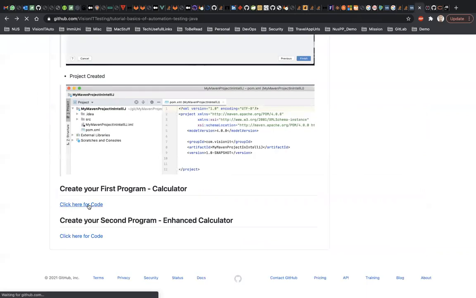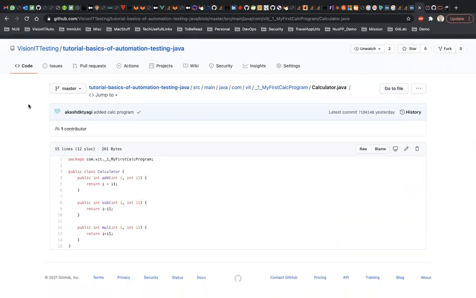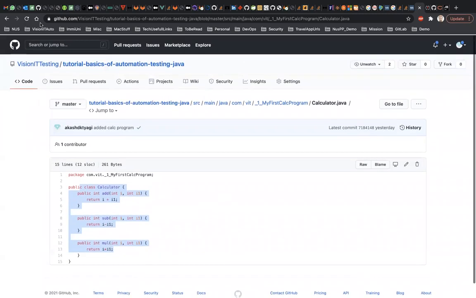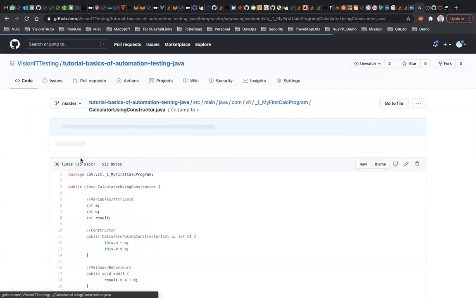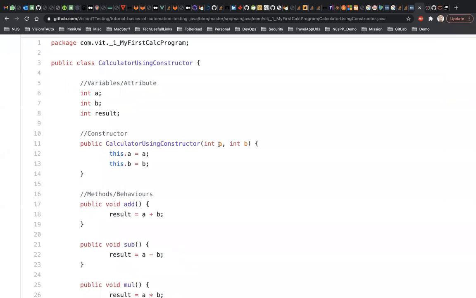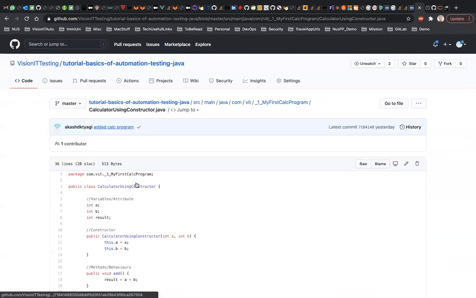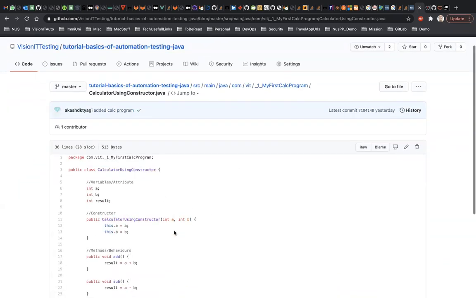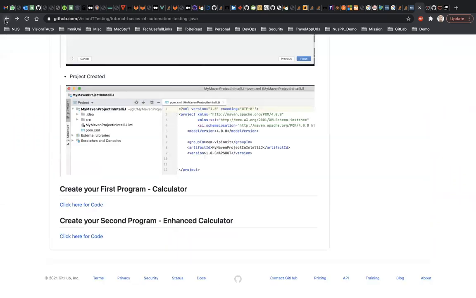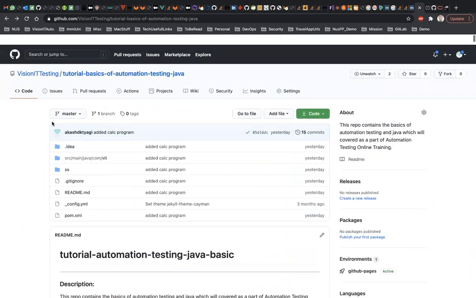We did discuss this, if you remember. There was a Calculator.java. Here we had this subtraction, multiplication program, right? This is what we created last time. And then we had used a constructor, which I used today as well. I'm using a constructor to set the values and then creating these behaviors. I did it in a slightly different way today, but the concept is almost the same. I'm passing the arguments from the constructor. But there's another way of doing it, which I'm going to talk about next, and which you also need to try on your own machines.